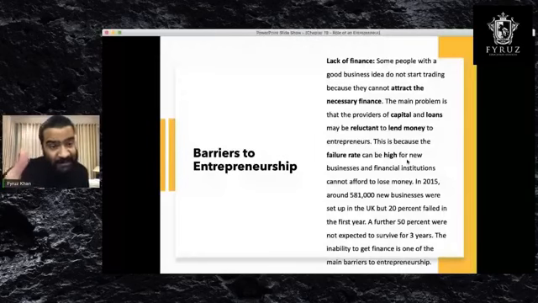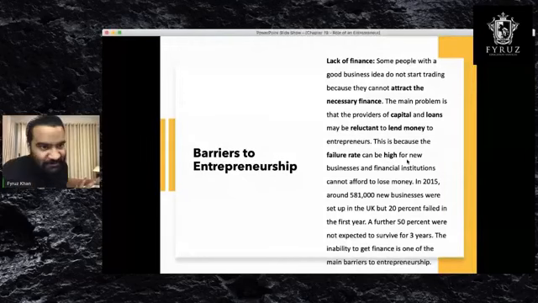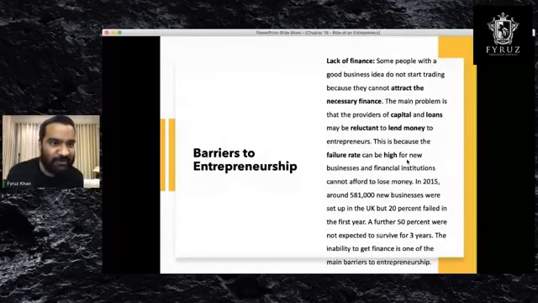in order to borrow money from the bank, you need to have some history. Whether you had any loans before, who you are as a customer, what kind of customer you are. And I had problems in getting loans in the beginning because I did not have history. New entrepreneurs will not have a credit history. So lack of finance will be a great hurdle.